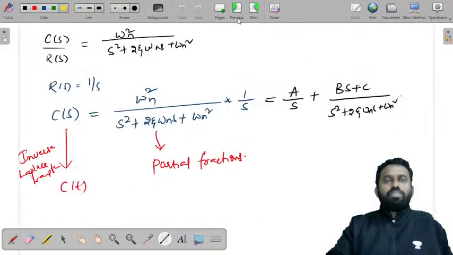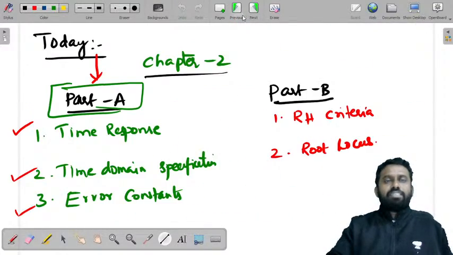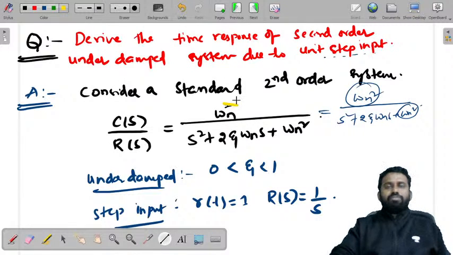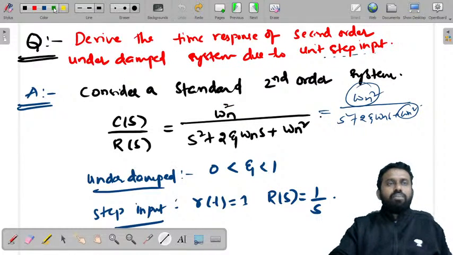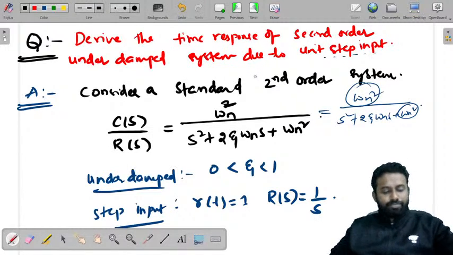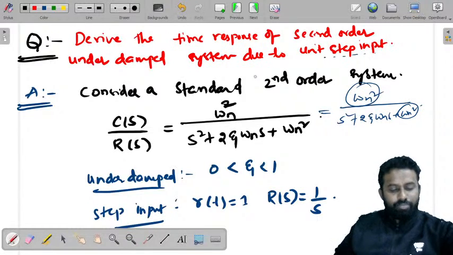So let's look at this question once again, what has been asked in the question paper. So this was the question. Look at this. You do remember this, we forgot to write this omega n square. So just note, make a correction. This is omega n square, this is omega n square by s square plus 2 zeta omega n s plus omega n square. So have a look at this page.